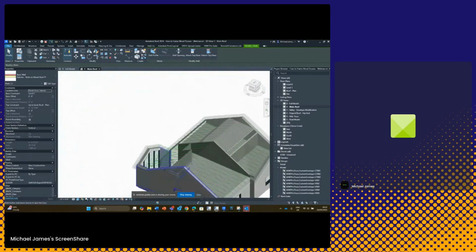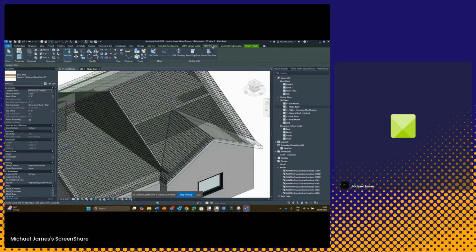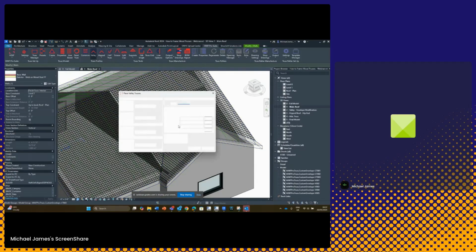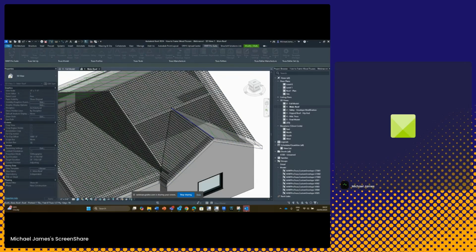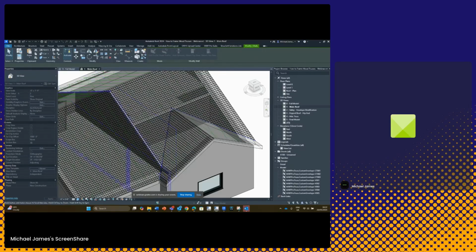I also want to do this on the opposite side as well. So again, we can go through the process very quick. So we go to MWF, Valley, choose our main ridge line and the outer edge, choose any valley lines that we have, select our supports,